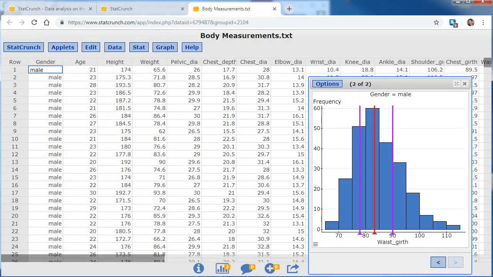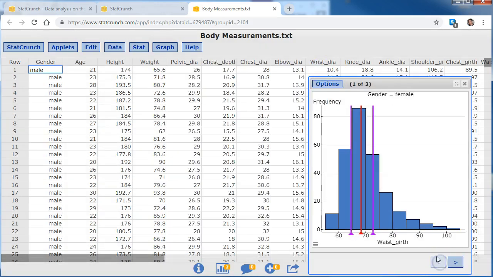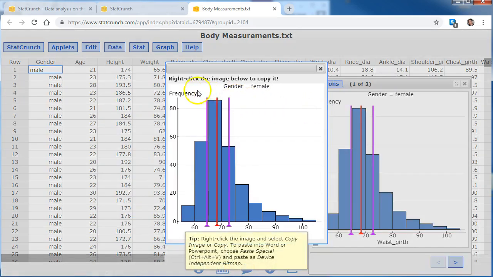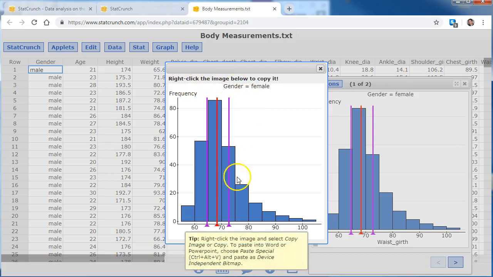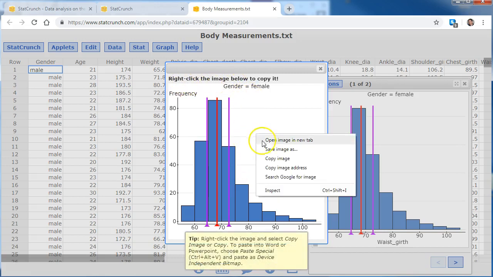I also wanted female. Got to get female. Go back to that graph. Options, copy, follow the instructions, whatever it says. Right click on the image to copy it, and then Control-Alt-V, copy,